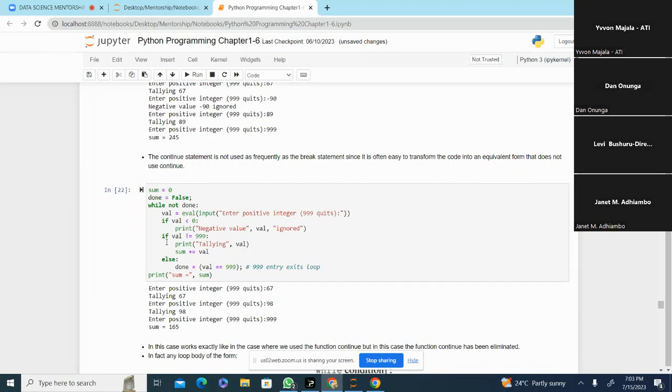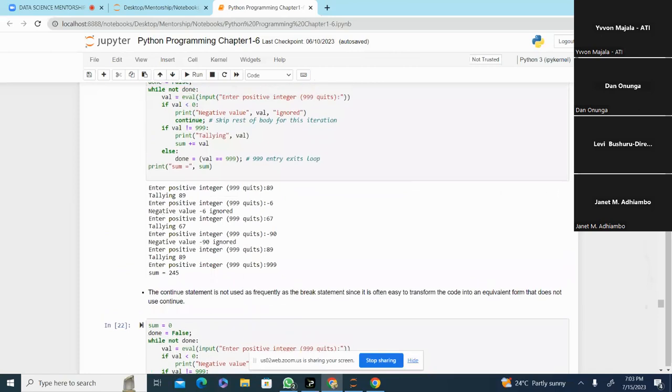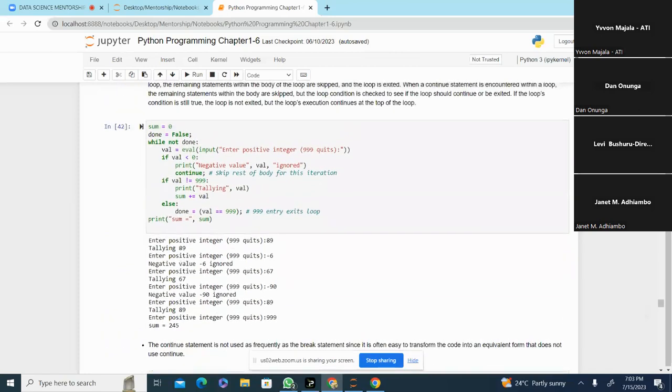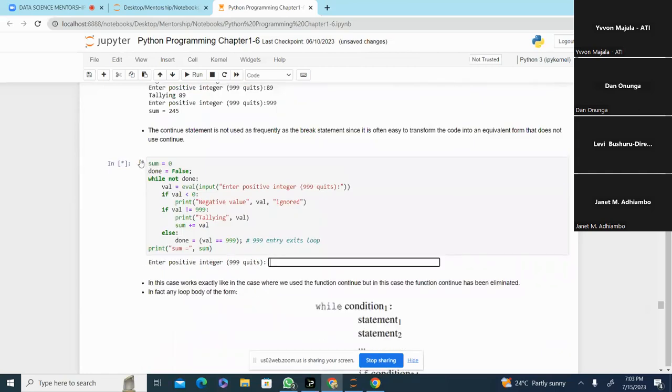If value is not equal to 999, print tallying. Then done if value is equals to 999. That is just the second way which you can write the above program. You can write it this way. So when you run, you see,